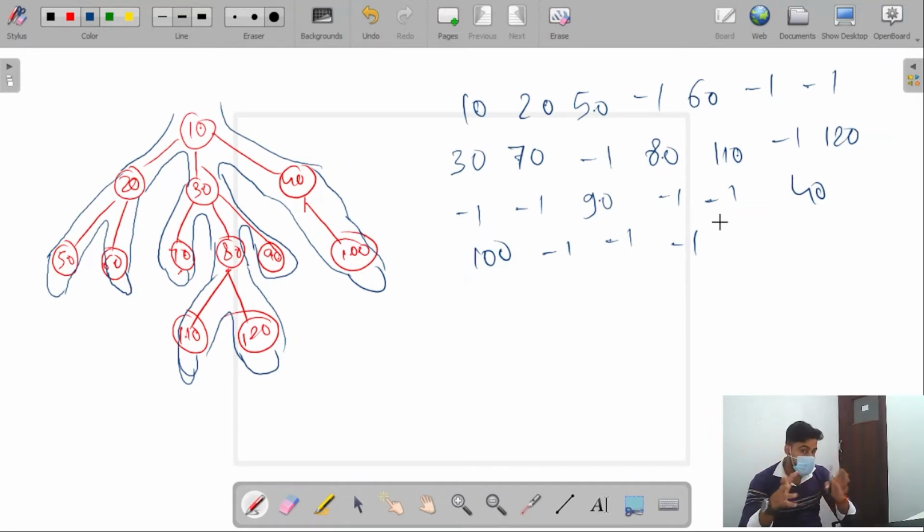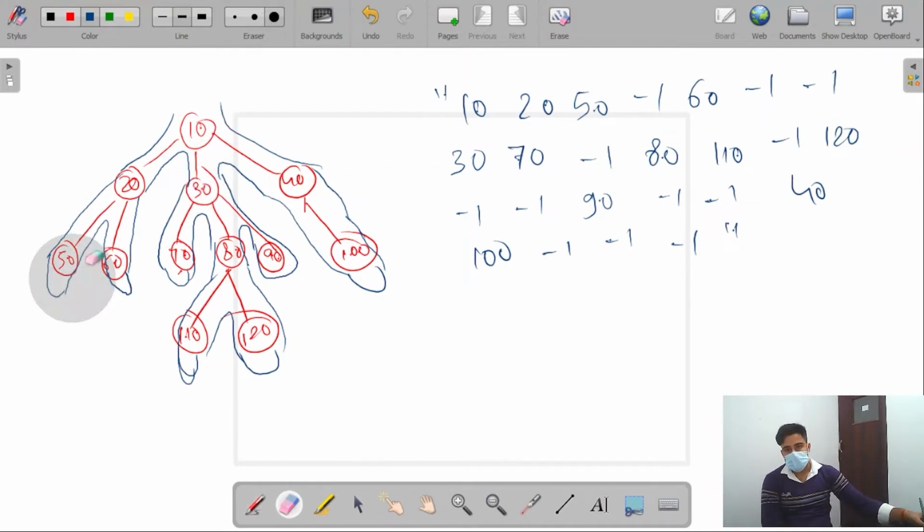So what we need to do in this question is traverse pre-order, and each time we get any node, we will add that node to our string. And the moment we completely explore its children, we get out of its children, we will add -1 as a delimiter. So that's all for the serialize method. This is the final string we get. Now let's try to understand the deserialize method.